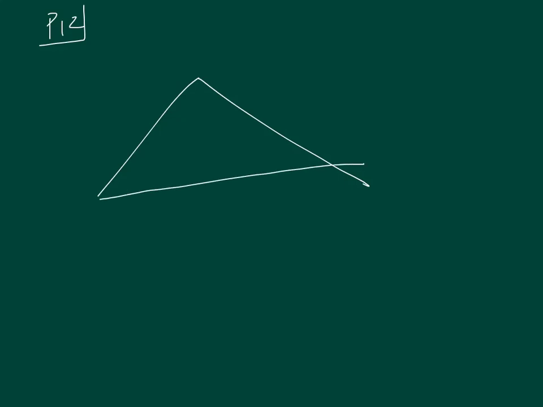Problem 12, show that for any triangle, the product of the length of a side and the length of the altitude to that side is the same for all three sides. Let's say we have any triangle ABC. Now the height will be either